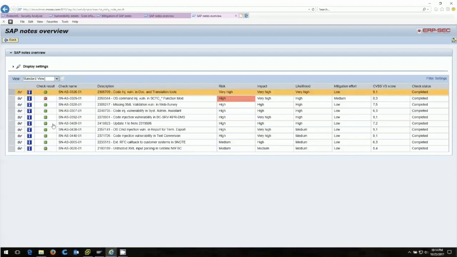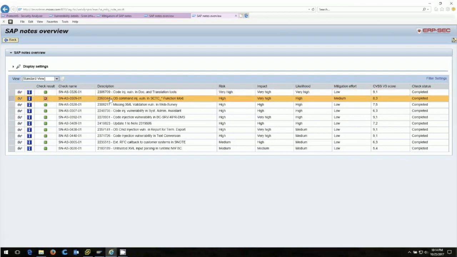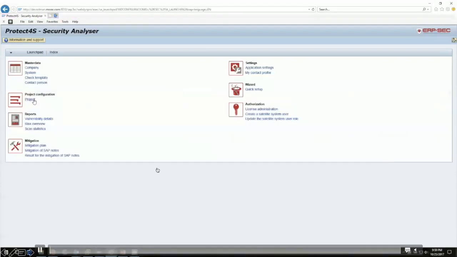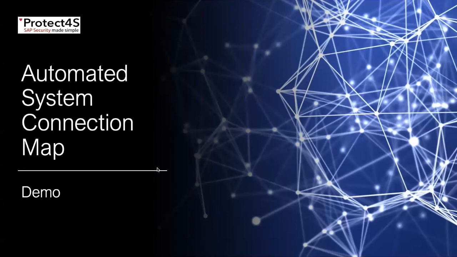And typically the ones with a red traffic light are the SAP security nodes that have manual steps in them, and that cannot really be automated. So that still needs to be done manually, but again, this feature definitely can save you a lot of work, especially, for example, if you have a backlog to catch up with hundreds of nodes, as we saw in the example. So far for the demo of the SAP security nodes, let's go to the next demo, and that is a final demo